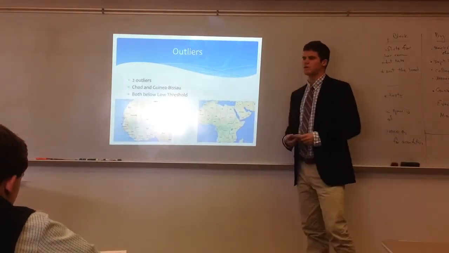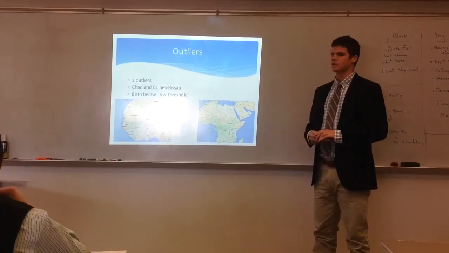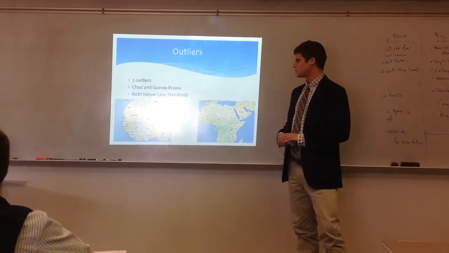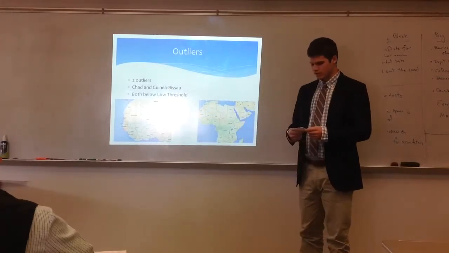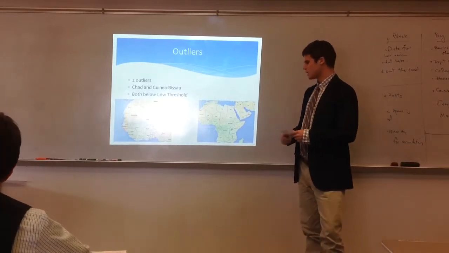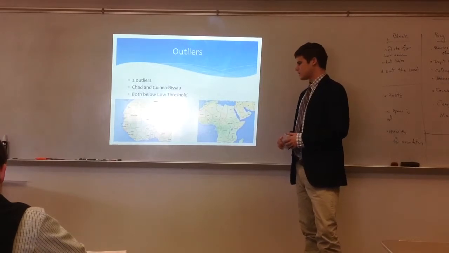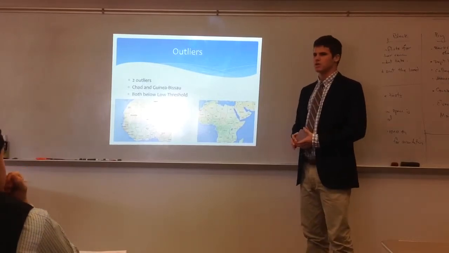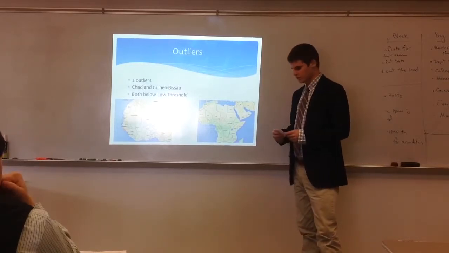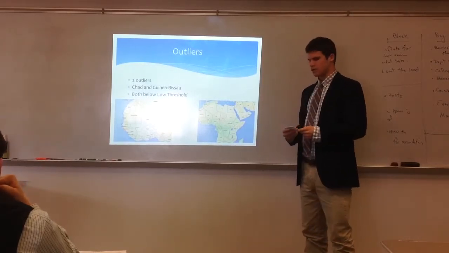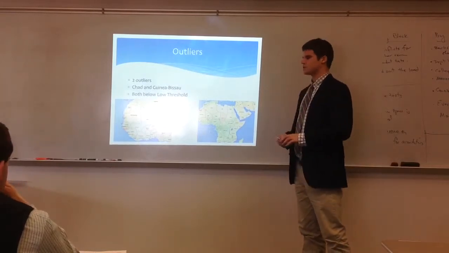I only have 2 outliers in all 223 countries and territories, and those 2 were Guinea-Bissau in Western Africa, and Chad in Central Africa. Chad has a life expectancy of 49.81, which is really bad, and it's the only one below 50. Guinea-Bissau is just over 50 at 50.23, and the z-scores are both around negative 2.5 standard deviations, and the standard deviation is